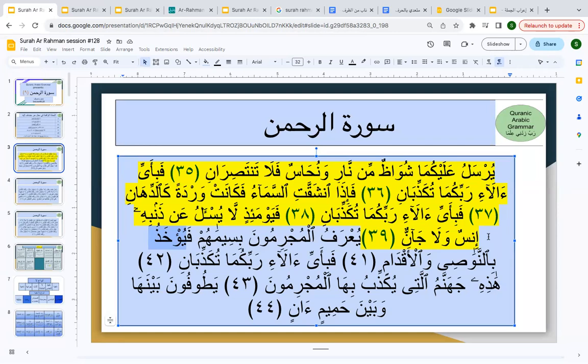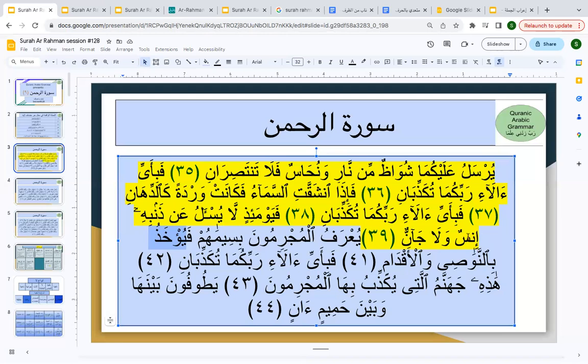So for that, to keep everyone on the same page and to make things easy, they translated it in a way that is understandable to each and every one of us. But here we are seeing yukhadhu, and al-mujrimuna is not after it. Therefore, I am going to call bin-nawasi wal-aqdami jar wal-majroor, and I'm going to call this jar wal-majroor